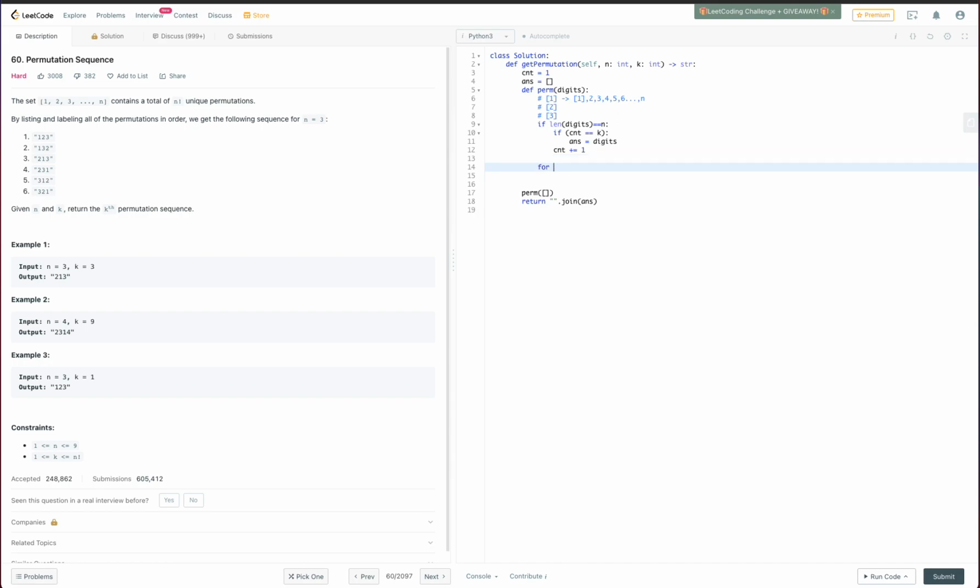So for i in range of 1 to n, inclusive of n, go ahead, call perm of digits plus i, if